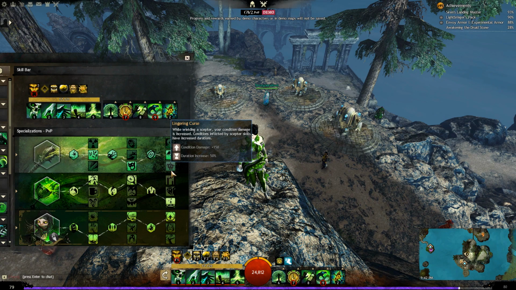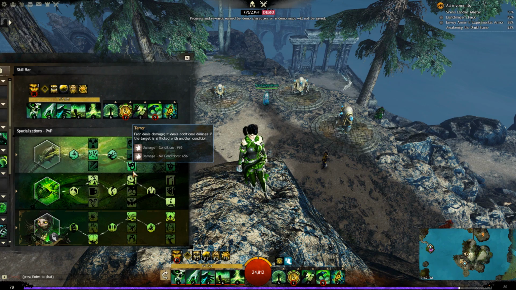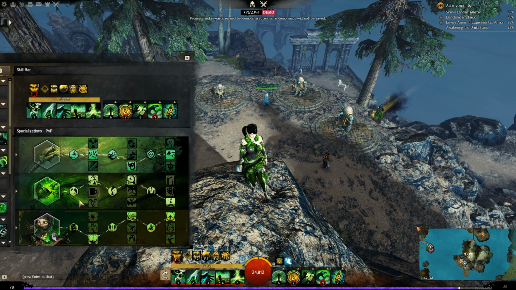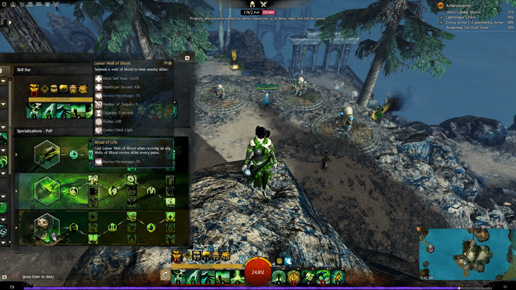Because I'm not taking the Scepter, I will not be taking Lingering Curses. Also, I wanted to mention that Terrifying Descent would be nice in conjunction with Terror, because they both play into the fear mechanic. Moving on to Blood Magic, I'm taking Ritual of Life for fast revives, and now your